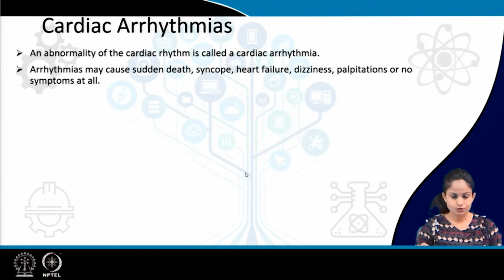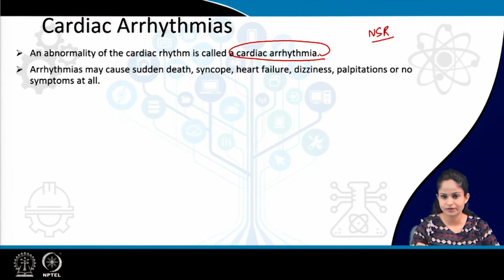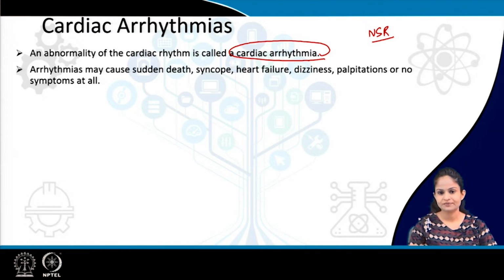So what do you understand by cardiac arrhythmias? Any abnormality of the cardiac rhythm is known as cardiac arrhythmia. We have the normal sinus rhythm. As we know, it should have a particular heart rate, it should beat within 60 to 100 beats per minute, and it should have a certain conduction velocity and conduction pathway. Beyond this, if anything happens, that is cardiac arrhythmia. Cardiac arrhythmias can present with palpitations, a feeling of anxiety, syncope, hypotension, and sometimes